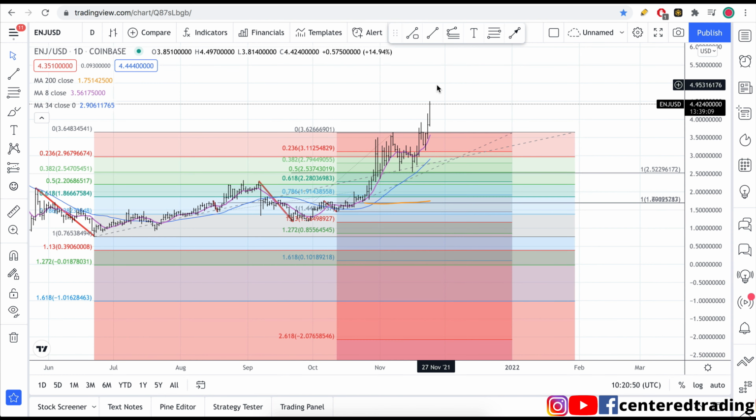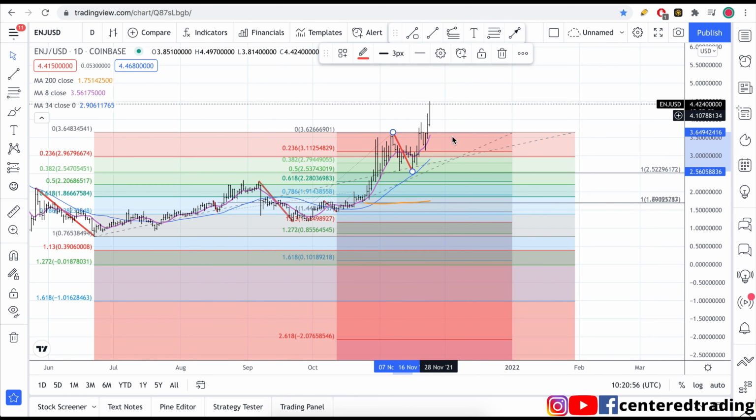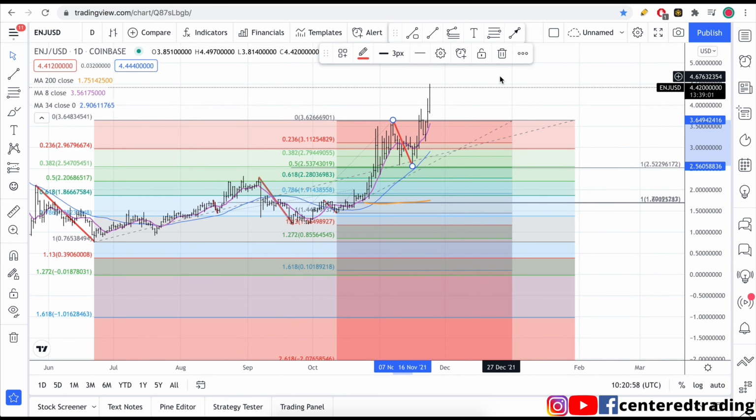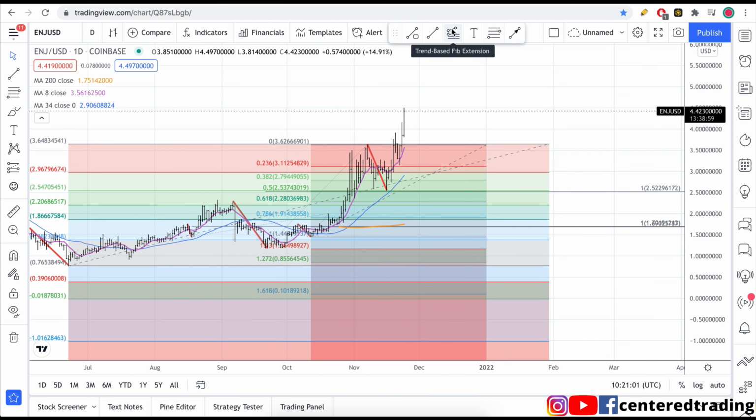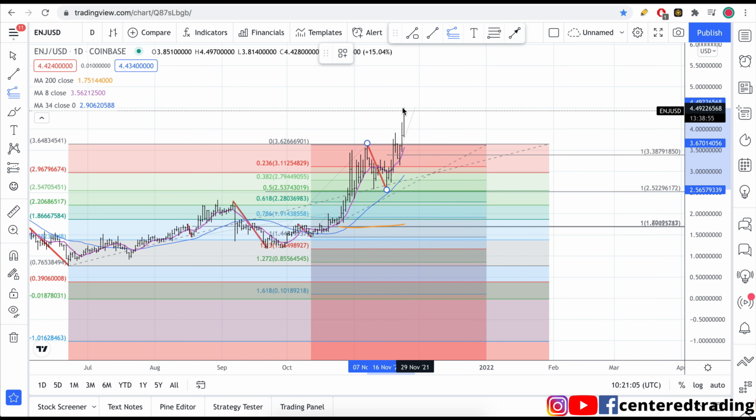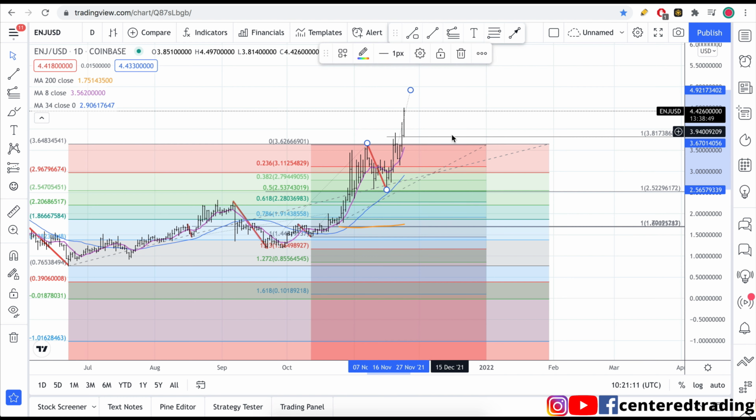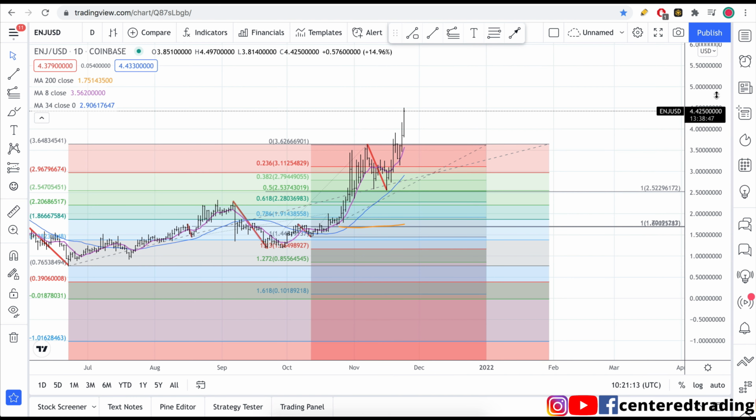If you're not in this chart already, you want to wait for the next set of pullbacks. I'm looking at this pullback right here. If the chart starts pulling back at that level, I'm going to use my trend-based fib extension, clicking from that pivot high, pivot low, and projecting to that new recent high. Now if it goes higher from here, I'm going to simply drag it to recalculate that next set of